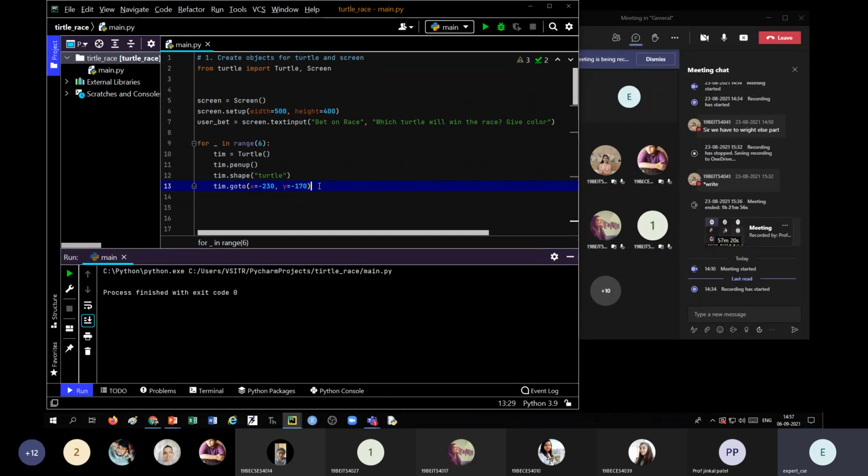Every time it should be incremented by 40 pixels. So initially we can take